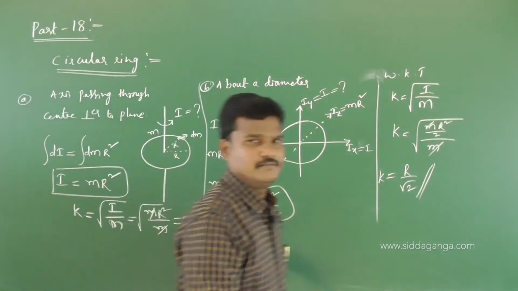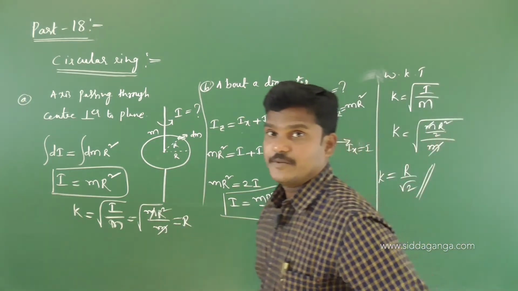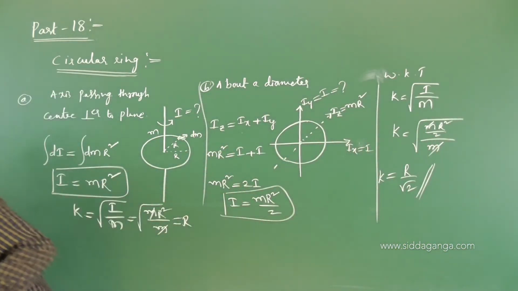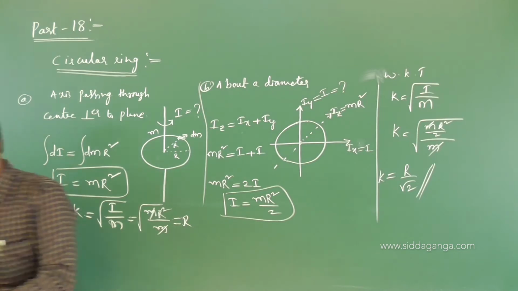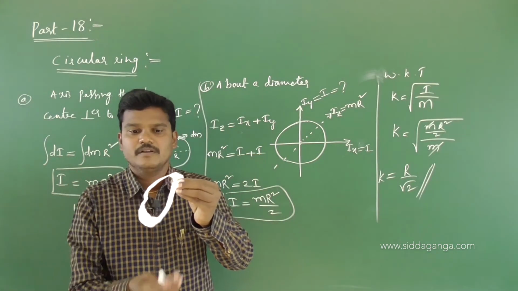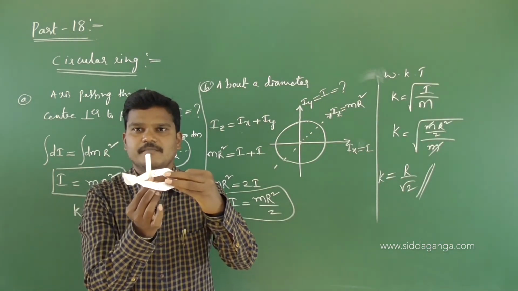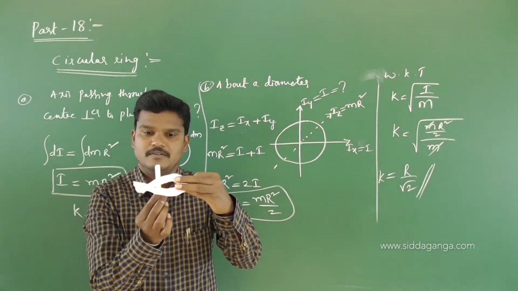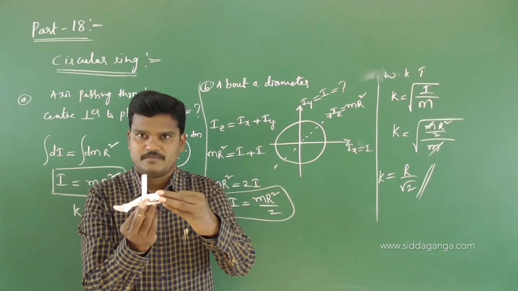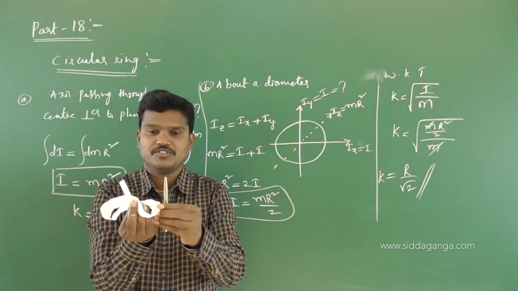So they may give any easy level of question like this. Now let me write the third formula. Let us draw the tangent for these two situations. See, tangent means, feel this is a circular ring, and this is the axis passing through the center perpendicular to the plane. Draw the tangent for this one. So draw the tangent, means about this axis you find it, about this pen.